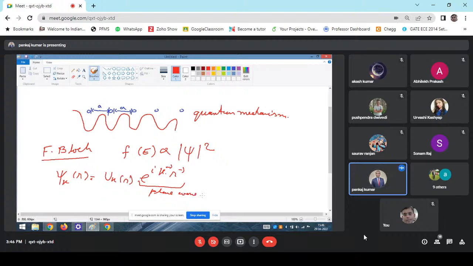And this is multiplied by a periodic function, and a is the interatomic cell spacing. So once we put this value in the Schrodinger equation, I am writing this Schrodinger equation in order to show how the density of states has been derived from the E-k diagram. So if you write the Schrodinger equation,